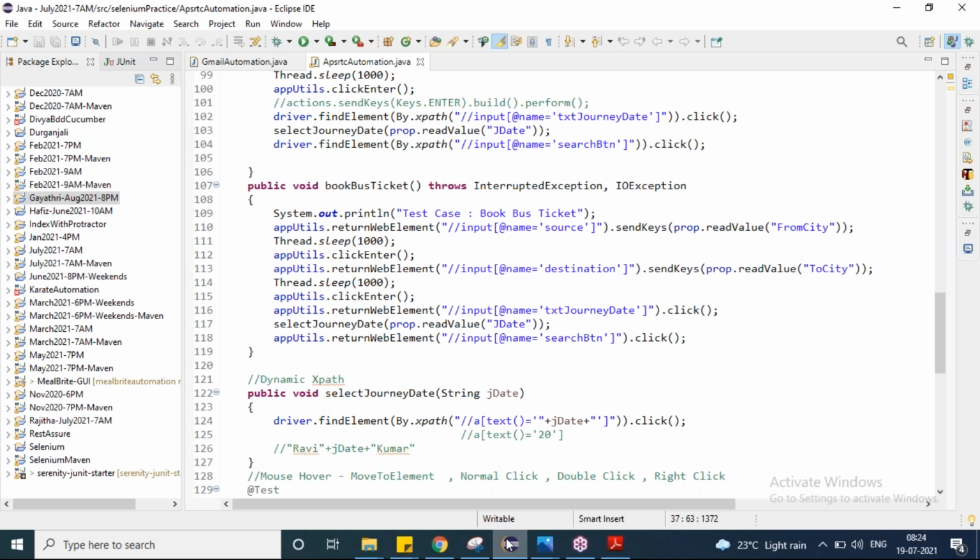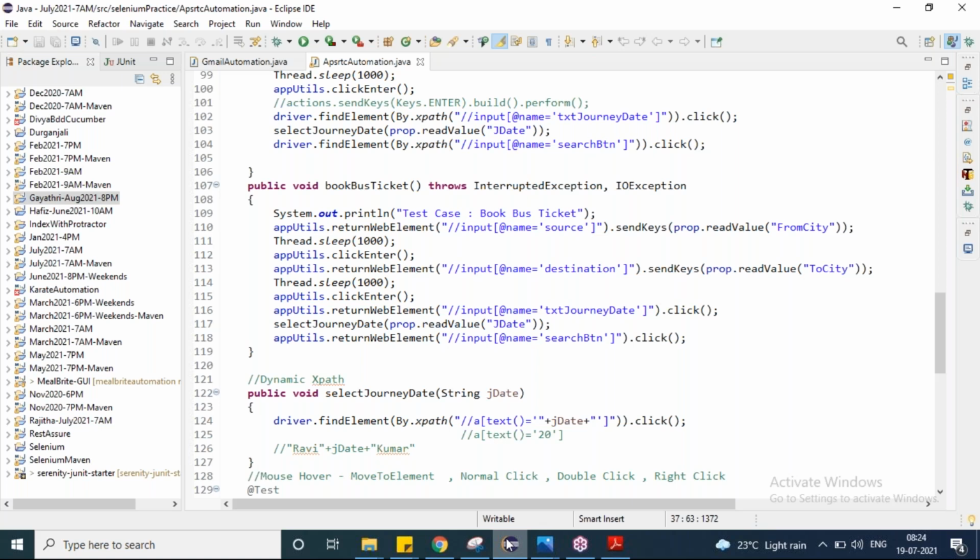Meaning if you have written 1,000 lines of code and you tested each and every line of your code, then your code coverage will be 100%. Initially, when software development started, the developers were not focusing on this. They were just doing the positive side of testing. Out of 100 lines of code, if there is an if condition, they only test the if and not the else condition, so the code coverage will be only 50%.